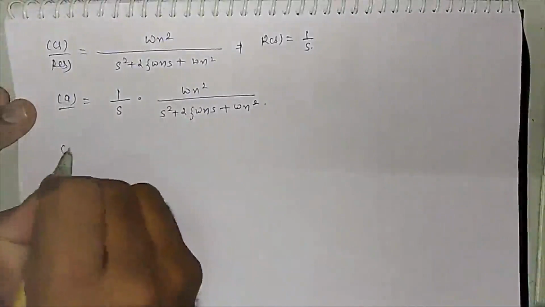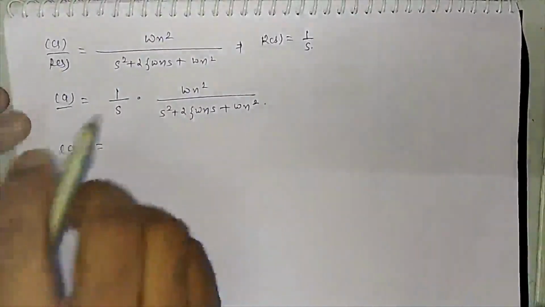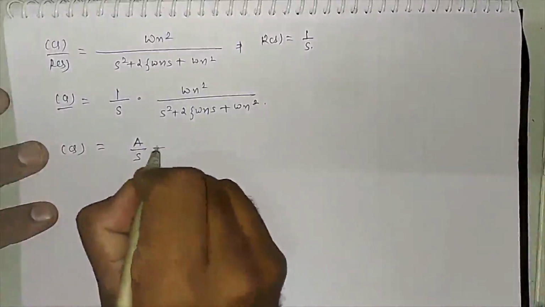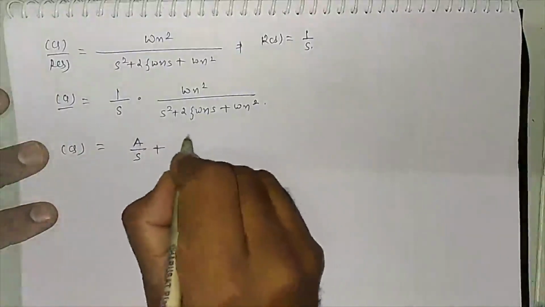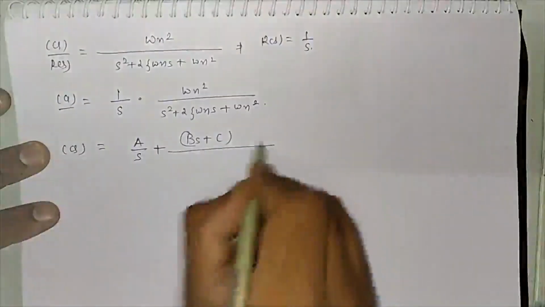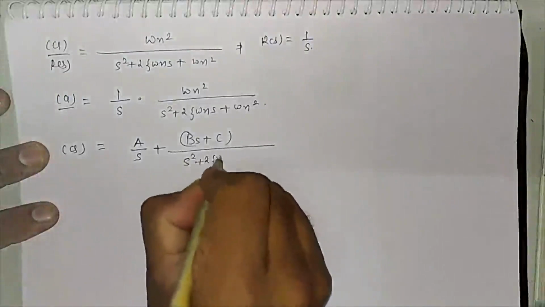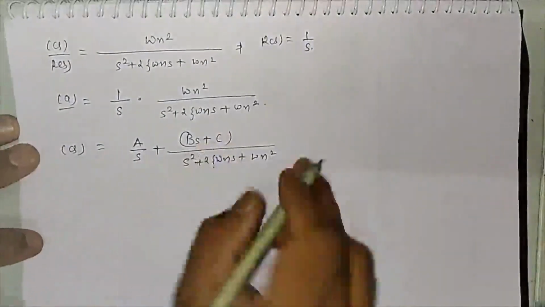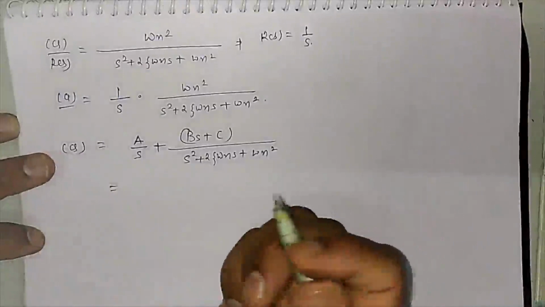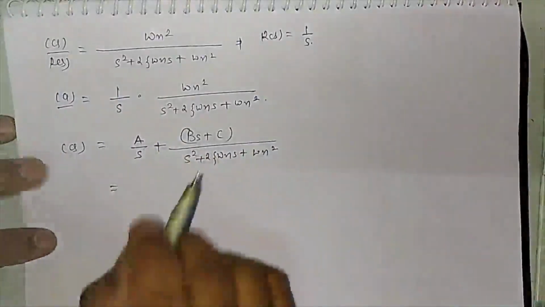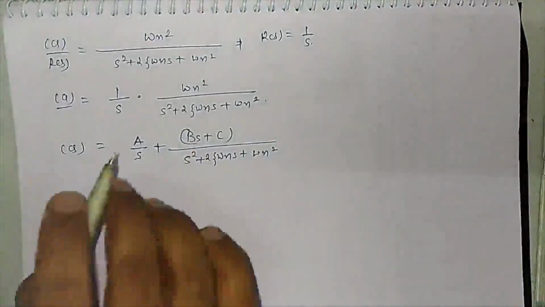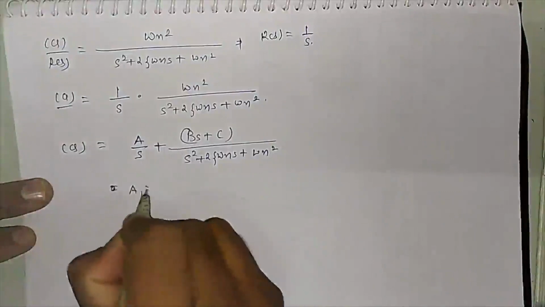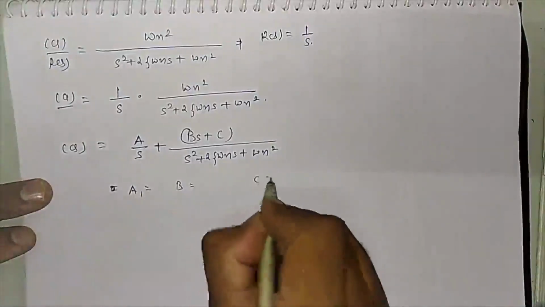We have to take the help of partial fractions. So again, with the help of maths, you can find out the partial fractions. So it will be equal to A upon s plus (Bs plus C) divided by s square plus 2 zeta omega n s plus omega n square. For the s square term, you need to use this formula that you have learned in your mathematics subject, maths 1 or maths 2. I don't know exactly which. So now we need to find out A as well as B and C.